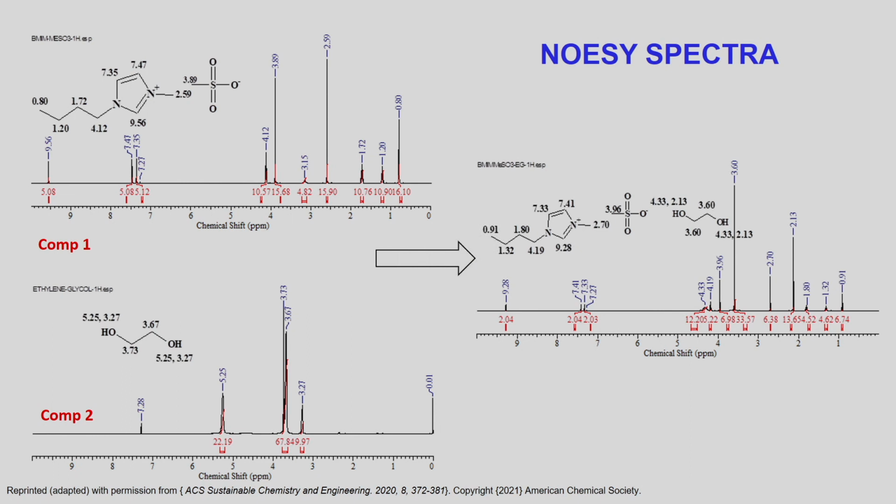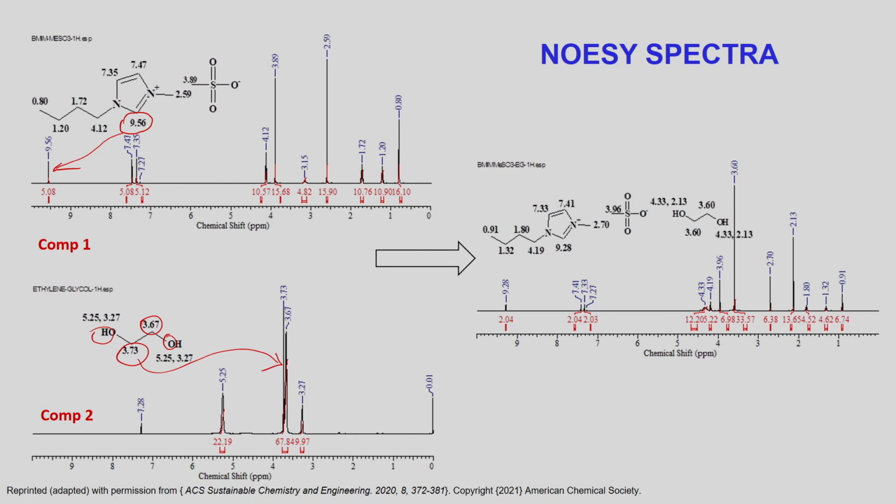Now, in this case, let us suppose we have two components. This is a component which has an aromatic ring, and we call this an acidic hydrogen atom. This is very powerful because these are deshielded to a very large extent as compared to an organic acid. It shows up here. And we have another compound which is ethylene glycol, and you must be aware that we do not take the oxygen atom because the oxygen atoms are labile in nature. So, 3.67 and 3.73, these are all similar protons. These appear here.